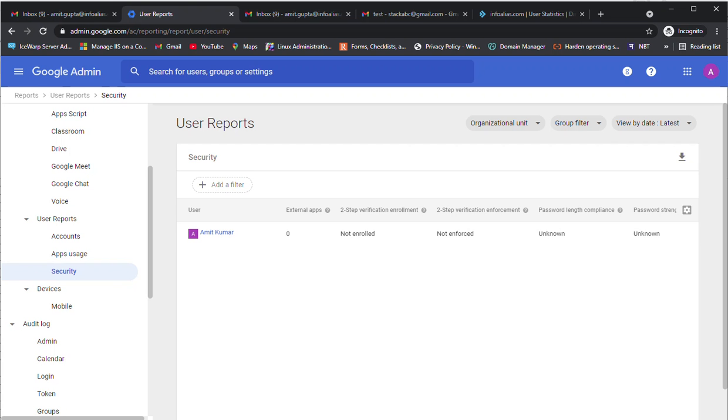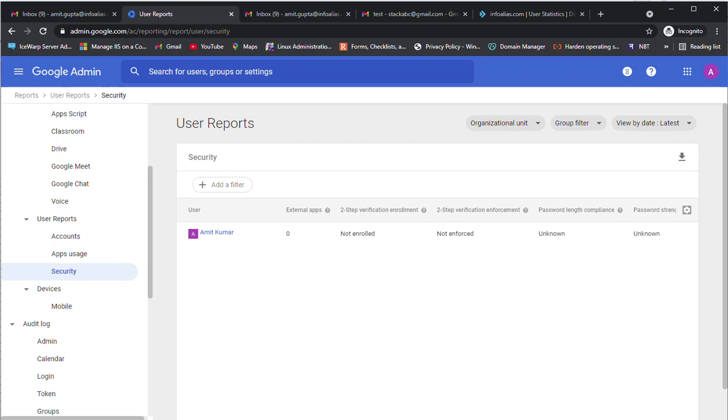Suppose someone has just used only password or password at 123. So this is a very common password. So the password strength will be very weak. So you need to just ask the user to change the password. So this reporting provides proper information about your organizations, about the users who have used small or weak passwords. So these compliance reports can be downloaded inside the security tabs of user reports.